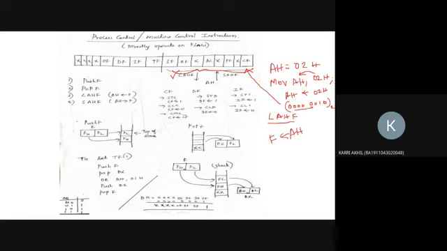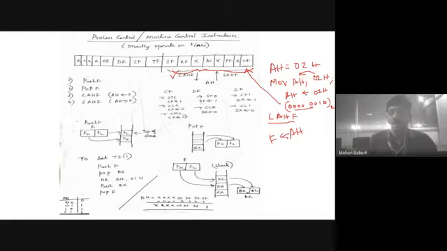Sir, what is the lower byte in this one? This one is the lower byte. A byte is 8 bits: 1, 2, 3, 4, 5, 6, 7, 8. This one is the lower byte of the flag register. See here 1, 2, 3, 4, 5, 6, 7, 8 bits. This one is the higher byte of the flag register. So if we use LAHF, this will copy the 8-bit data from the AH register to the lower byte of the flag register.